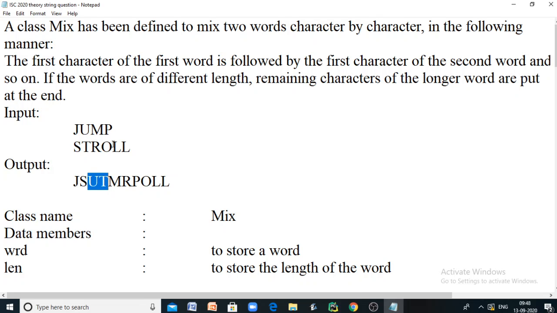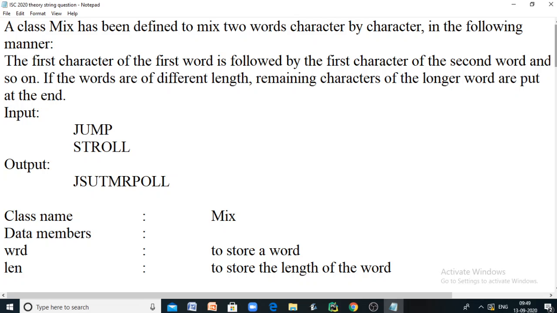But here STROLL is longer than JUMP, so it has two more characters than JUMP. So at the end, after mixing character by character from both the words, we put all the remaining characters of the longer word STROLL at the end of the final string.